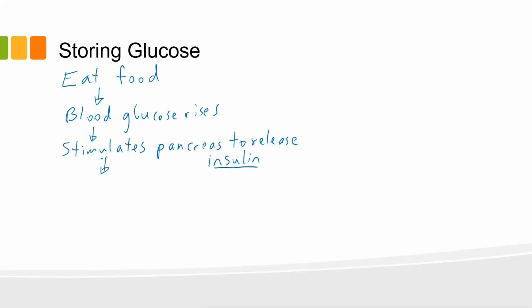So what does insulin do? Insulin basically tells the cells to take up glucose. So cells take up glucose. They take the glucose out of the blood, and then what happens? Well, a lot of your cells just use the glucose as energy, but in terms of storage, so maybe I'll put that, cells use glucose as energy.